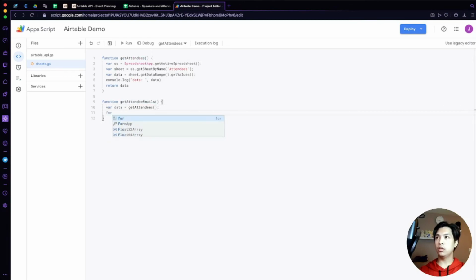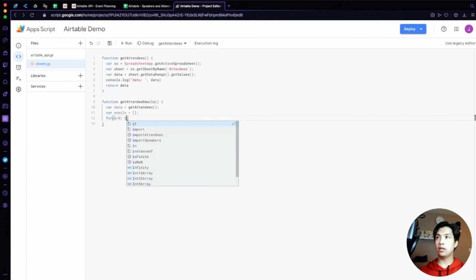And then for each one, you're going to get the email. So let's open up an array for the emails and then do a simple for loop for i equals 0, i is less than data.length, i plus plus, data i